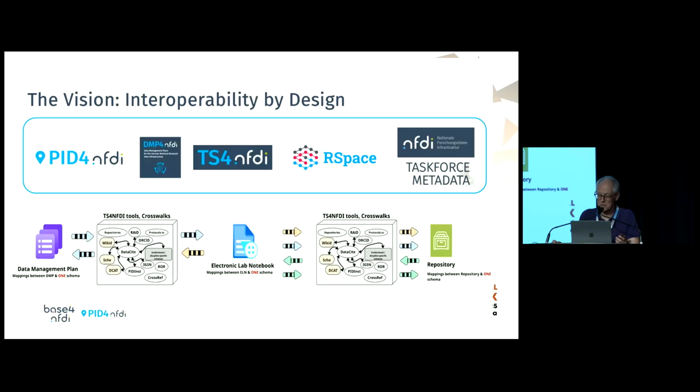So the tool that TS for NFDI is developing is called COCODA. It's a web app for managing and publishing mappings between vocabularies, taxonomies, and metadata schemas. And together, the two groups are integrating these crosswalks into a single shared service, which will be accessible through an API. So the idea is that if you have a data management planning tool which is using one schema, and an electronic lab notebook which is using another, and a repository which is using another, through the crosswalks they'll be able to communicate with each other. It's a pretty simple idea. Again, achieving it, we'll see how successful it is, but that's the plan.